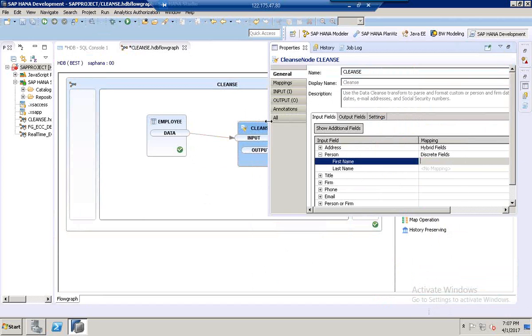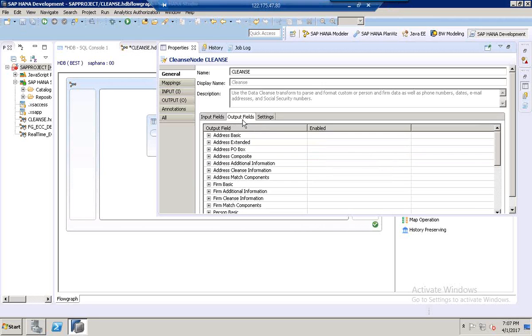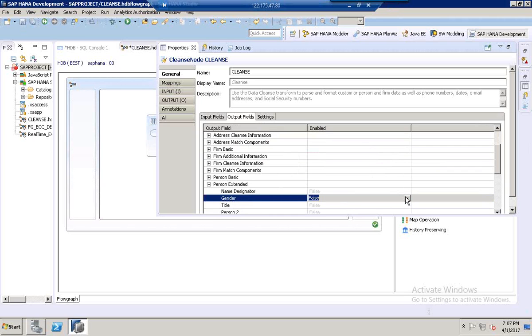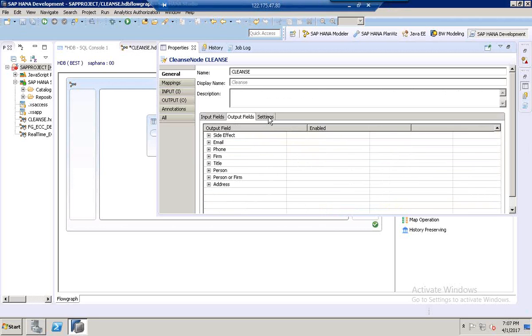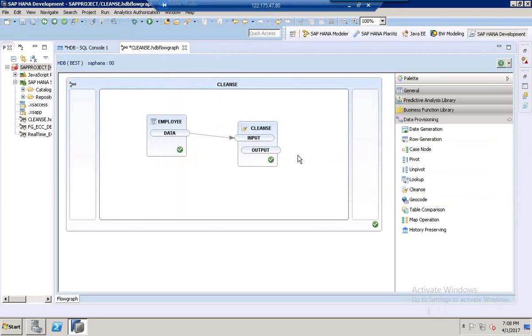So let us apply some rules. I'm just trying to apply some rules based on name, output fields, where gender exists is true, and the title, so it is English, United States and Canada. So these are the cleanse properties I have already applied. So once this is done,